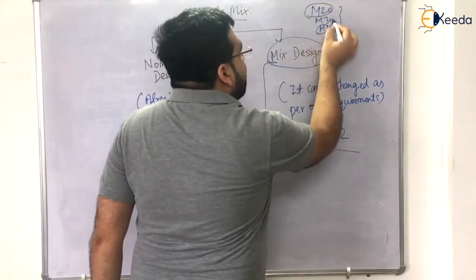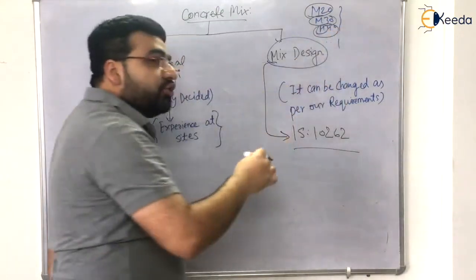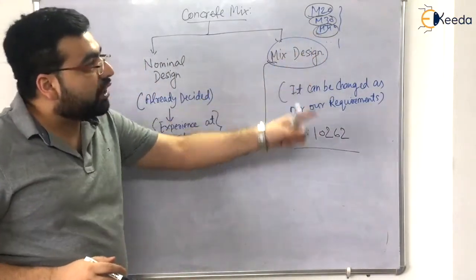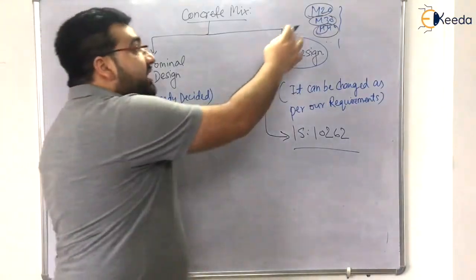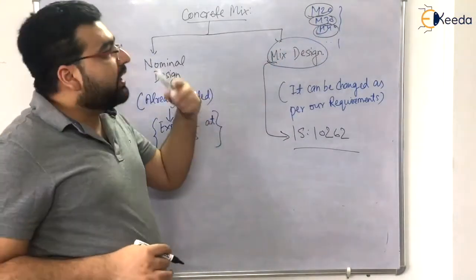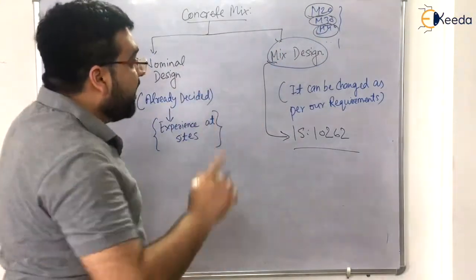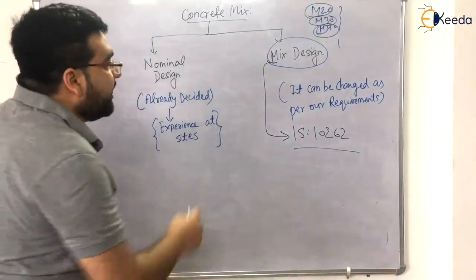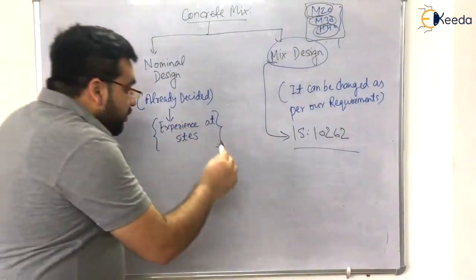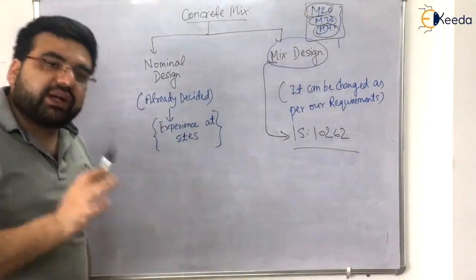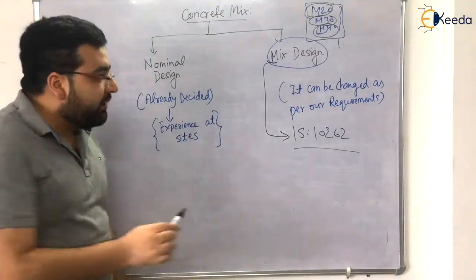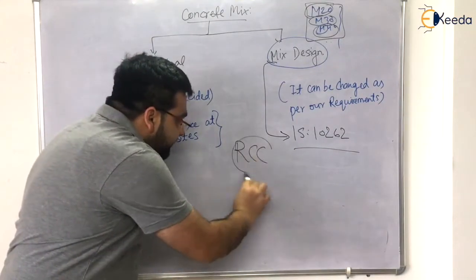Okay. Now the next topic is, we'll be discussing the mixed design. What is M20? What is M30? What is M40? Let us discuss this, because this part will be very important in solving a lot of numericals. What is this 20, what is this 30, what is this 40? It is actually the characteristic strength. Now, what is characteristic strength? Let us discuss, right? And one more thing is also very important. Regarding mixed design M20, M30 and M40, a question which is regularly asked is, what is the minimum grade of concrete which can be used in RCC structures?